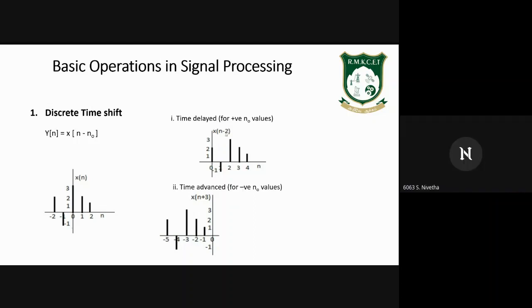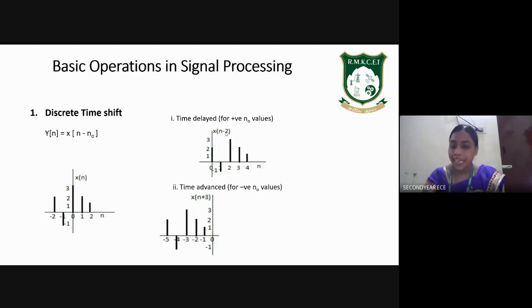If I put, instead of 2 in the second graph, if I put 4, what will happen now? If I put 4 instead of 2, this is x of n minus 4. So this initial n is equal to 0 sample will move to 4. Isn't it? Getting my point? Yes, ma'am. It will be shifted. If it is positive, it will be delayed. If n naught value is negative, it will be